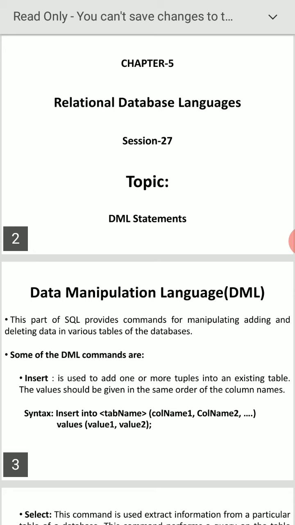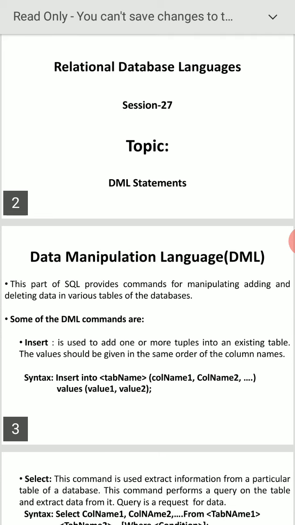Values 4, comma, D, comma, 20,000. That will be added. Now what is the new table? Table name is employee, first column is employee number, second is name, third is salary. Now there are 4 tuples: 1 A 5,000, 2 B 10,000, 3 C 15,000, 4 D 20,000. That is the purpose and use of the insert command.